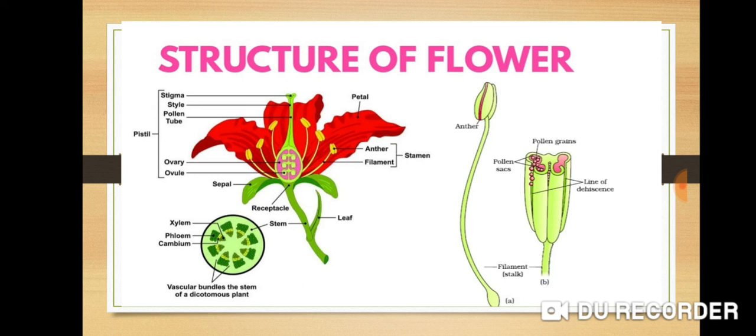So today's class we only concentrate on the androecium. Androecium lies next to the corolla, which means it is the third whorl. It is formed of a few to many stamens. Stamens are the male reproductive structures of the flower. Each stamen consists of a long slender stalk called filament and a bilobed sac called anther. Normally, a stamen is classified into three parts: filament, anther, and connective.